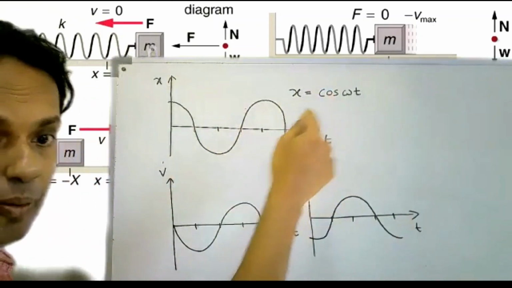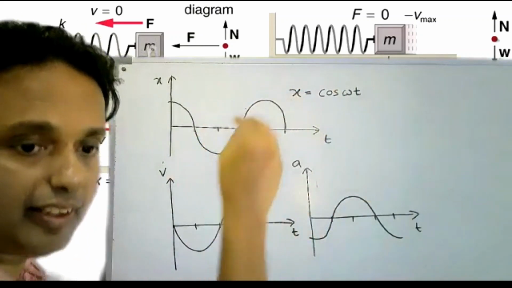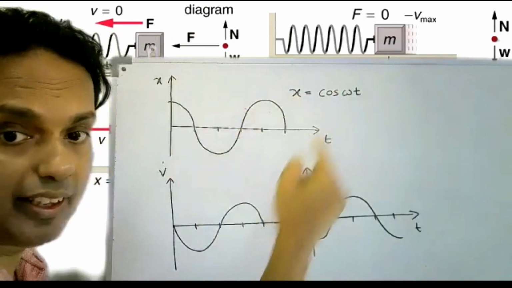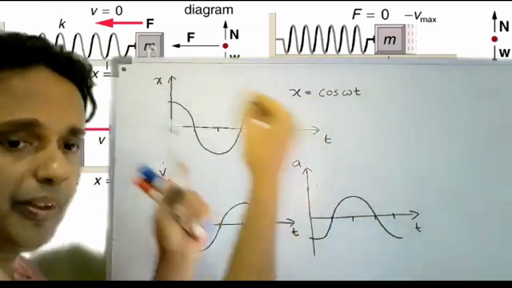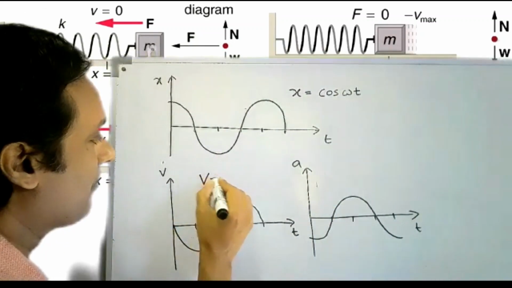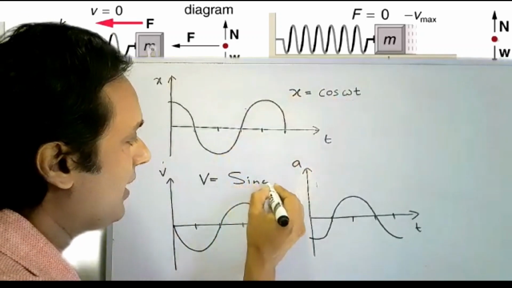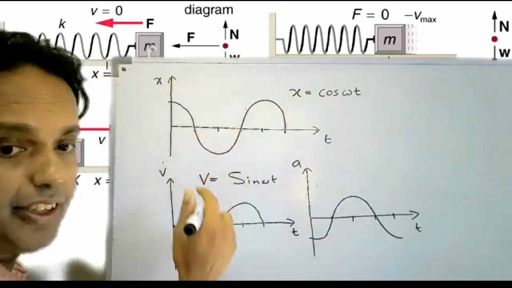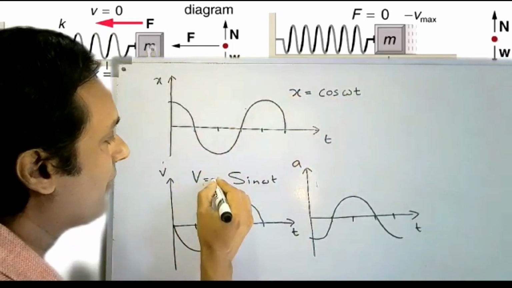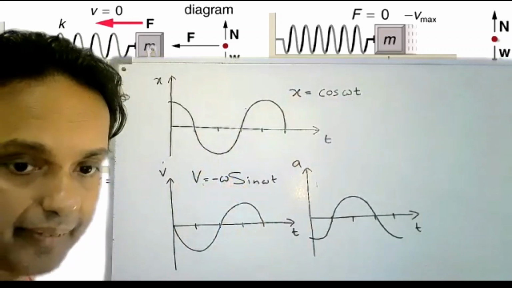Now there's omega there, so omega will jump out. Cosine, cosine, cosine, like that. But cos, when you differentiate, there's a C. Every time you differentiate this, omega will jump out. So I have velocity, cos. So this is sine. I need sine omega t. But I see the omega is jumping out. So this is minus omega sine omega t.